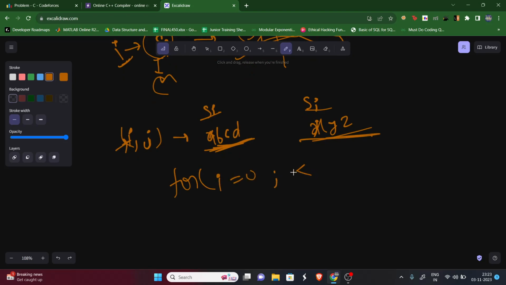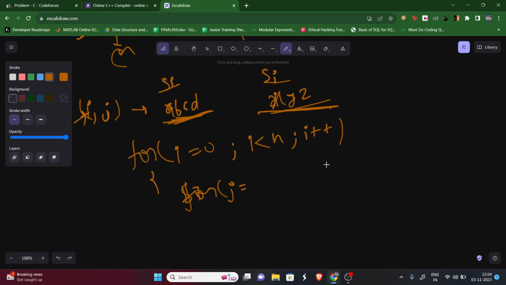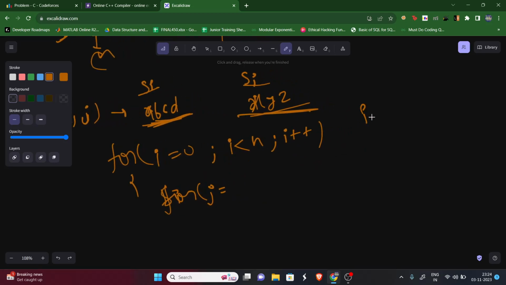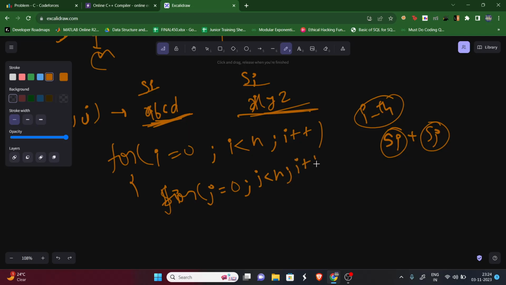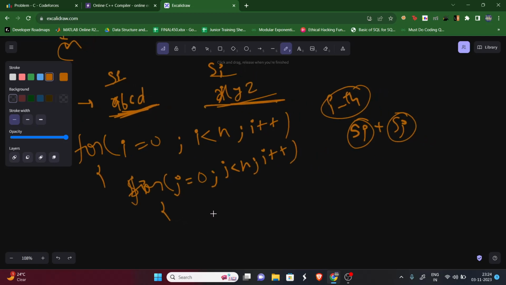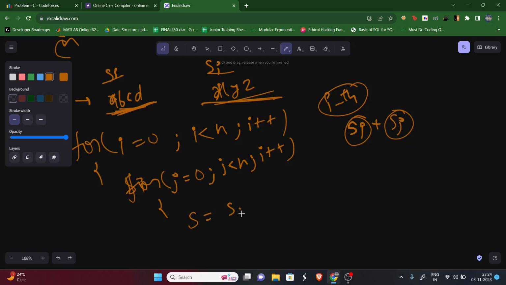For i less than n, i plus plus, we can simply put this one, s of i. Sorry, we can run a nested loop. So for j, we wanted to put this ith ticket first, right? S of i, then we will put the second ticket, s of j. So we can run this loop for j less than n, j plus plus. And we can simply have our new ticket number, let's say s equal to s of i